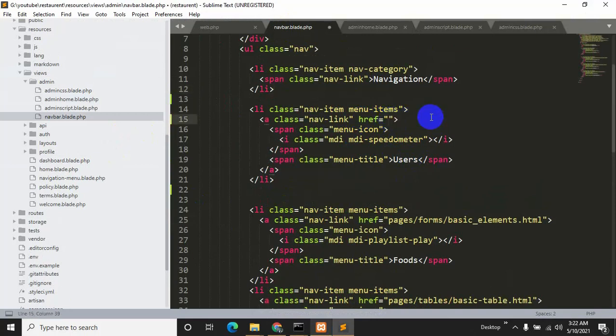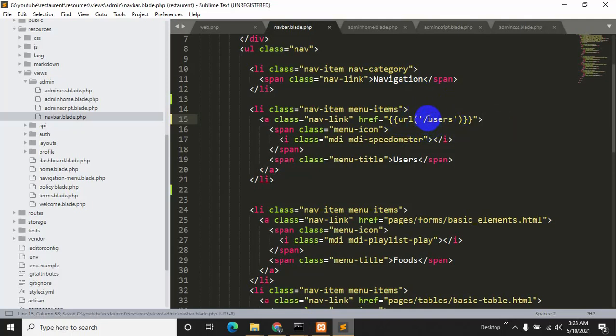We'll say two brackets, and then inside it we'll say url, then first bracket, and inside this first bracket we'll give two quotation marks, and inside it we'll write a name slash. You can write anything, but since we want to show users, we'll say slash users. Let's save it, Ctrl S.